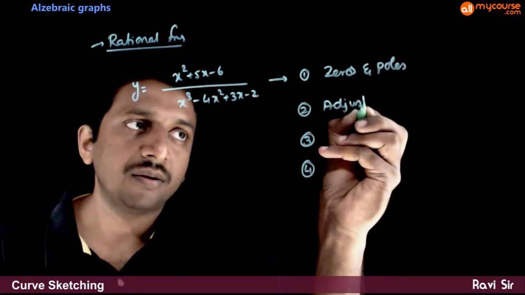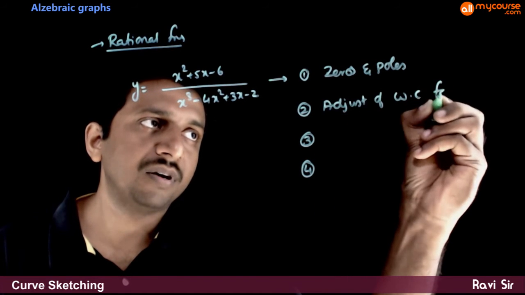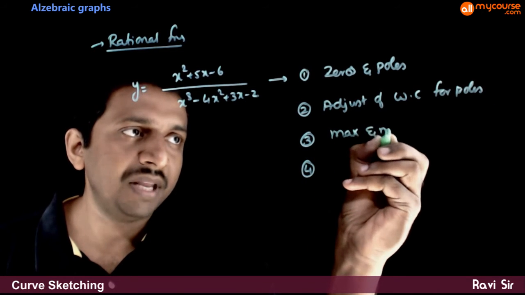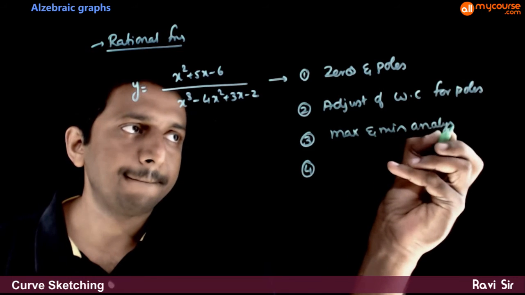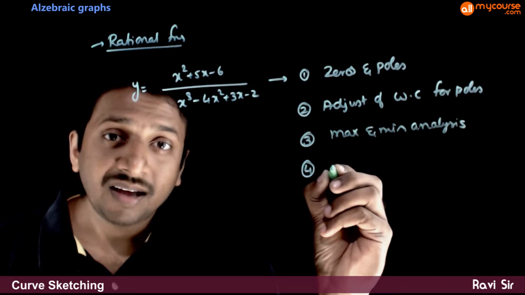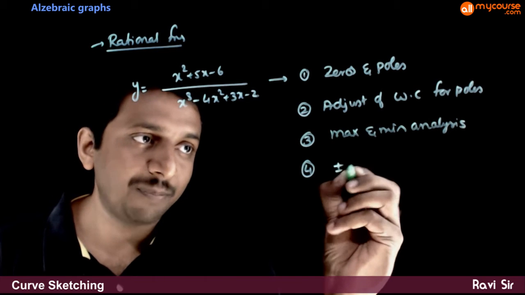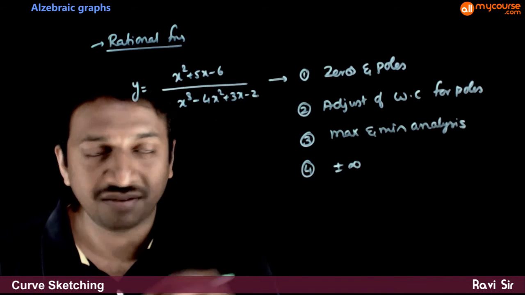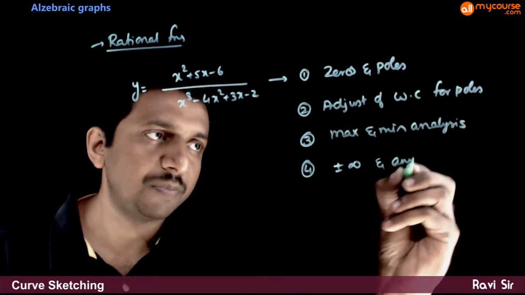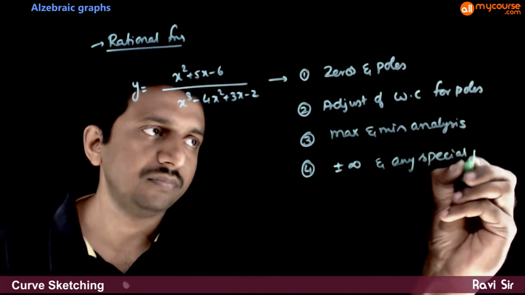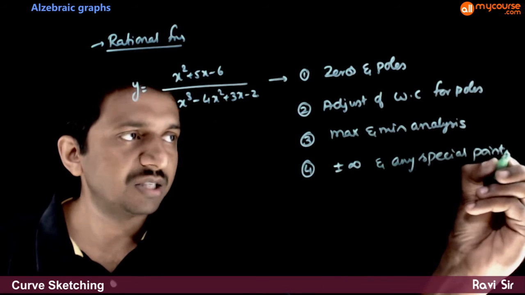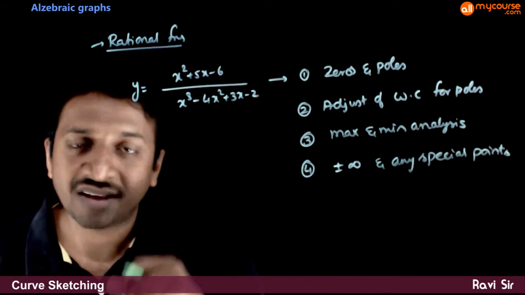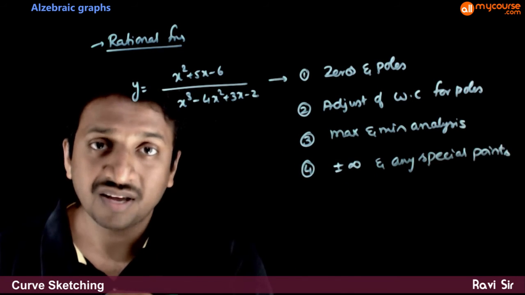Adjustment of wavy curve for poles. Maxima and minima analysis. And observation of what happens at plus or minus infinity. What happens at plus infinity and what happens at minus infinity, and any special points. Any special points. So using these 4 steps, we draw the graphs of several rational functions which are easy, which